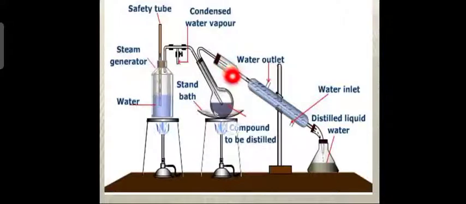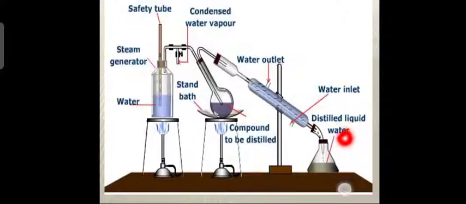This is the adapter and this is the water condenser, you can see here, with water being circulated. This is the water inlet and this is the water outlet, so that the hot vapors, when they enter here, get cooled by the circulating water. Then they pass to this adapter and are collected in the conical flask. You can see droplets coming down, which means the cooled vapors come in the form of droplets and then collect here.